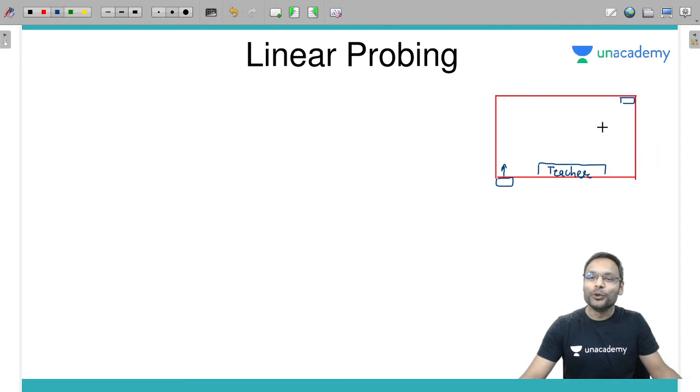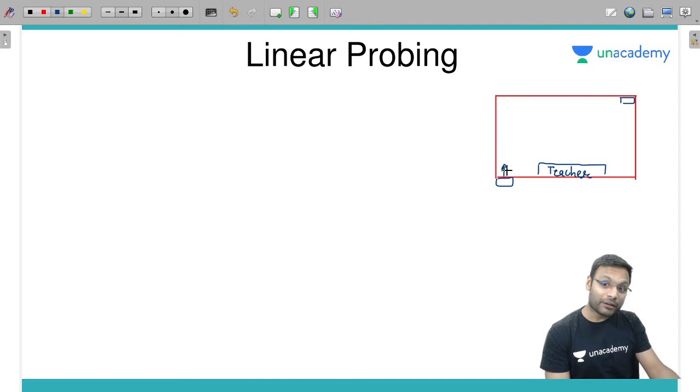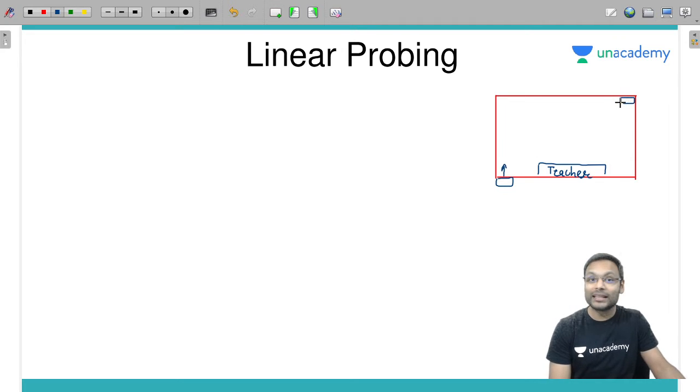Yes, I know you. Yes, definitely you will sit over there. Definitely you will sit over there. Now, if the second person comes, that fellow also wants to sit here, but that fellow cannot sit. Why? Just because that corner seat is occupied, right? Now, if that corner seat is occupied, that fellow will sit next to here, so that that fellow can cheat